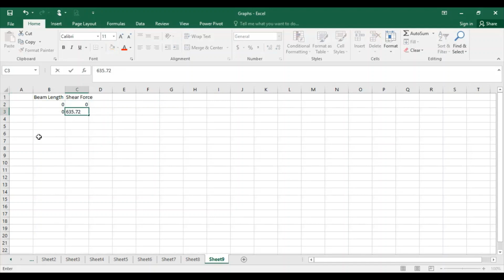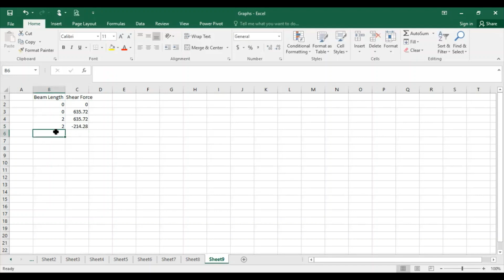The next value will be 2 comma 635.72, and the fourth value is again at 2, and the value is changing over here, so it is minus 214.28.